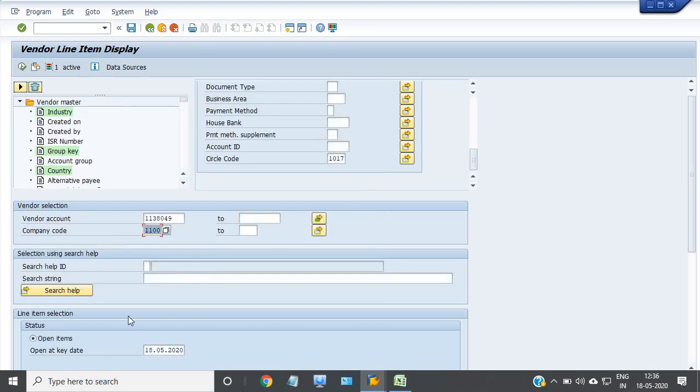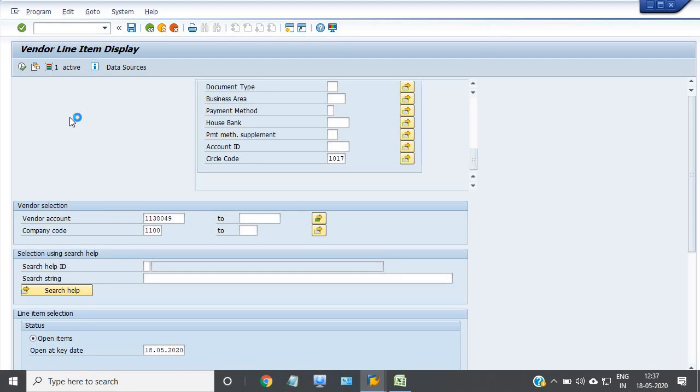Now I want to check open items at key date. These are the fuel vendor details, the fuel vendor suppliers which are working in our company code 1017. Now I just click on execute.